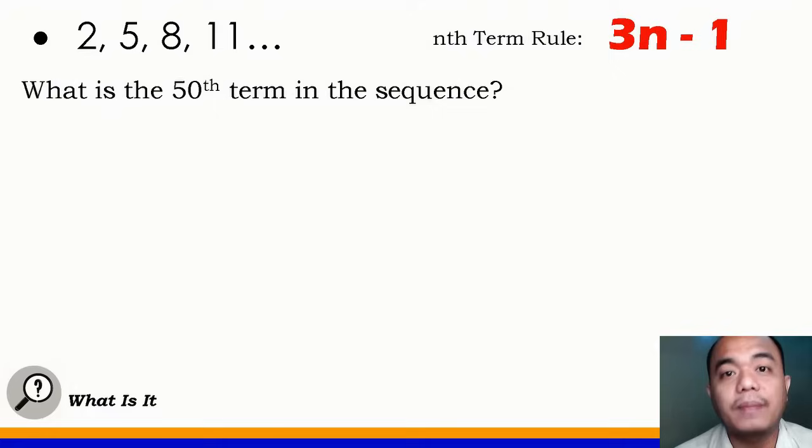Siyempre, para mas madali isolve yan, gagamitin natin yung n-term rule na na-formulate natin kanina, which is yung 3n minus 1. Hindi na kinakailangang isolve pa yung pang-5, pang-6, pang-8, pang-9, pang-10 na term bago ka makasolve ng pang-50. Matagal-tagal yung pag-solve na yun kung yun ang gagawin mo. Kaya kung makukuha mo na yung n-term rule, mas madali na lang isolve yung